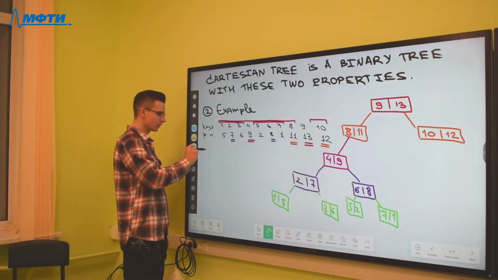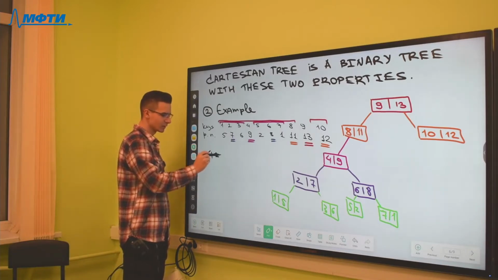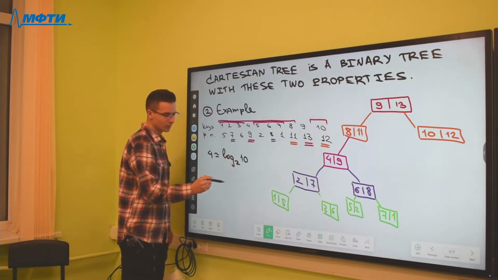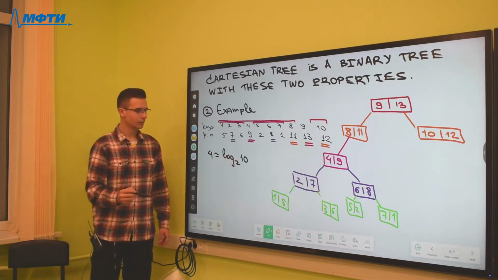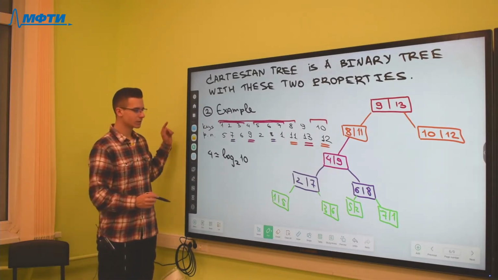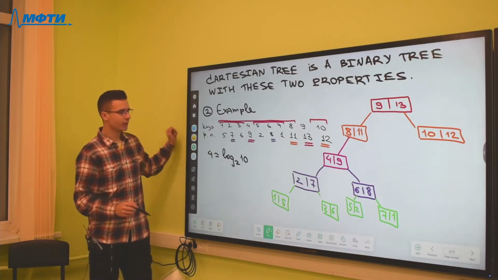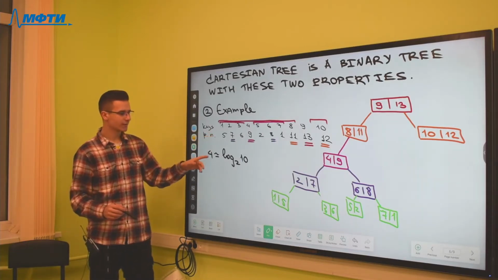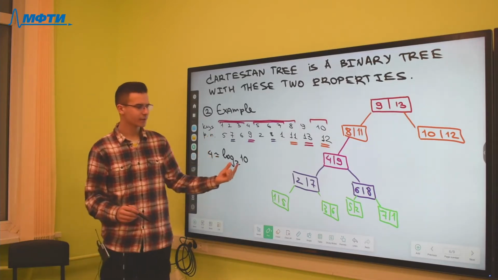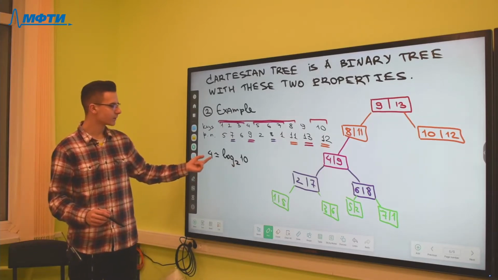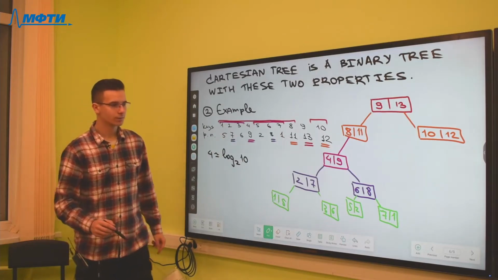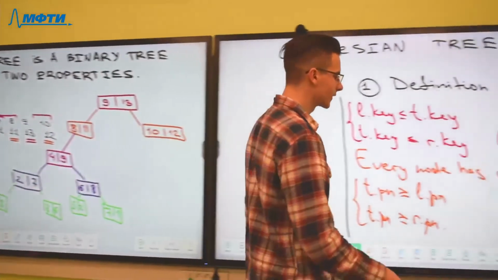And we see that it is nearly equal to this number. So it is not unique that if we make random priorities, we get a tree with the asymptotical height equal to the logarithm of the number of nodes, because it is true that